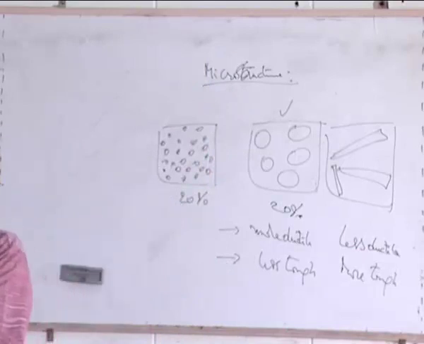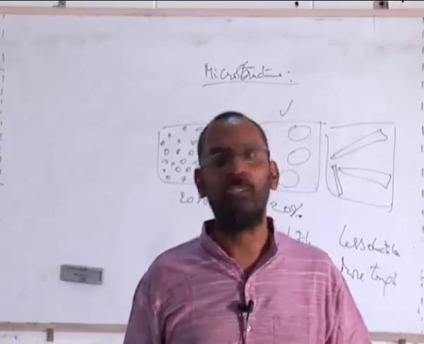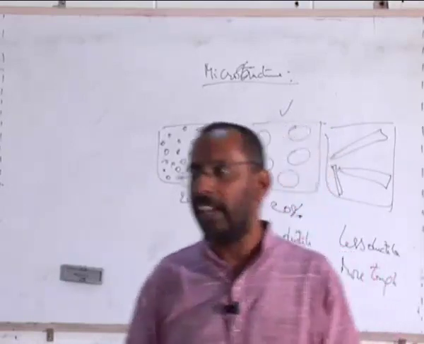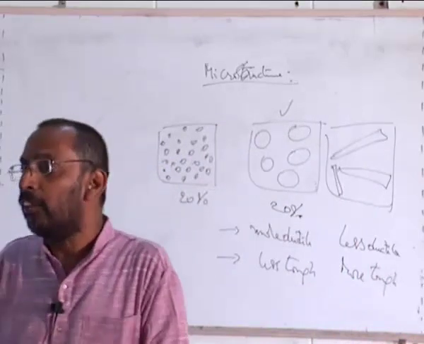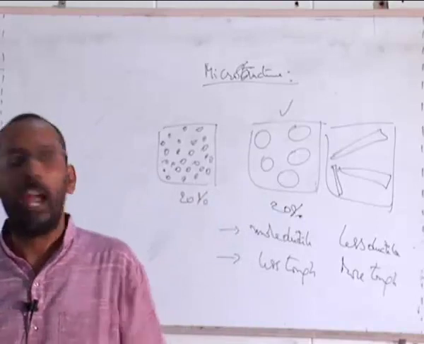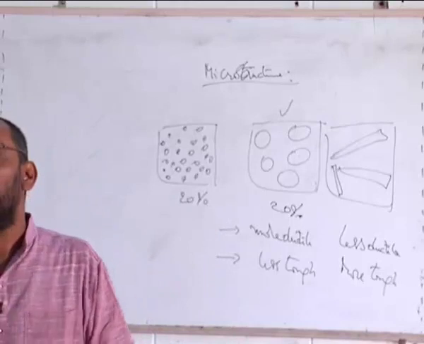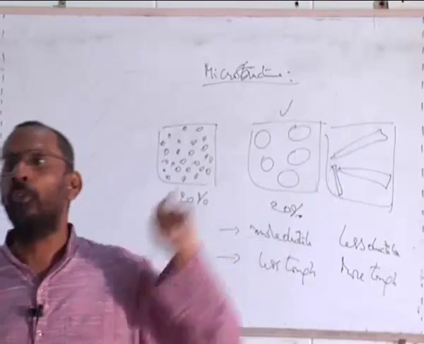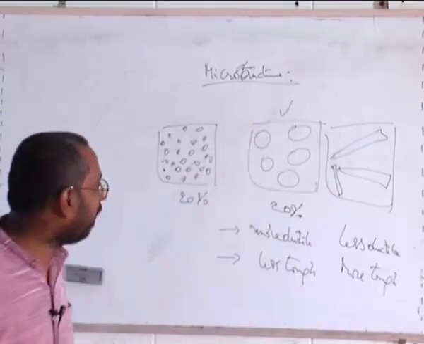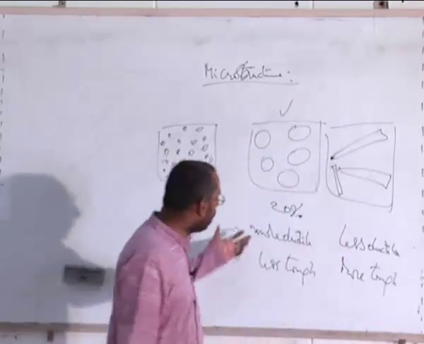And the moment this tip gets blunted, what does it mean? The cross-section has increased. If the cross-section has increased, the stress goes down. And once the stress goes down, it will not go. That is the reason why a nail should maintain its sharpness. If it gets blunt, that is where I actually choose a material. I do not choose aluminum as a nail. I use steel as a nail because aluminum is ductile and it immediately gets blunt the moment I hit it with a hammer. And once it gets blunt, it will not pierce into the wall. So that is the reason why if a crack can get easily initiated in a material, it will have less